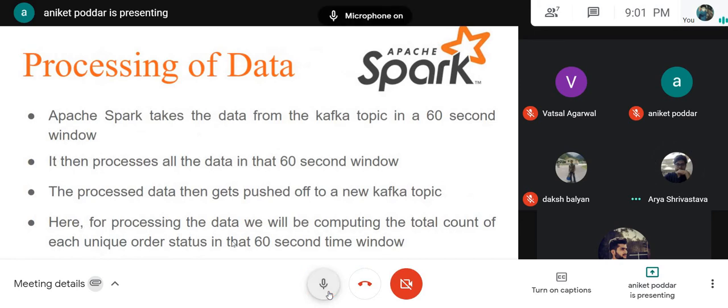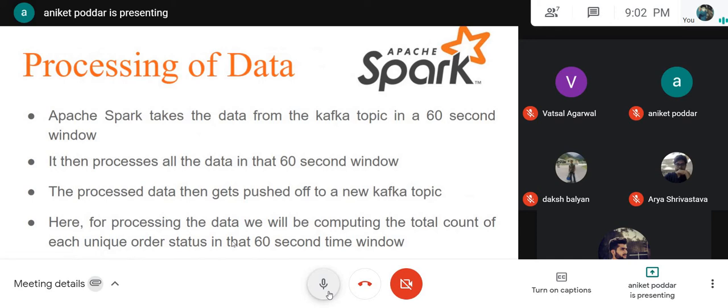Well, thank you, Arya. Myself, Mohit. Now I would be explaining a short overview about the processing of data stream through Apache Spark. So till now we have pushed our data set into Kafka and we have created the topic for it, and after which we will be taking up the stream of data into our Apache Spark Streaming for the processing of the data set.